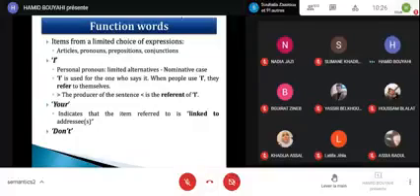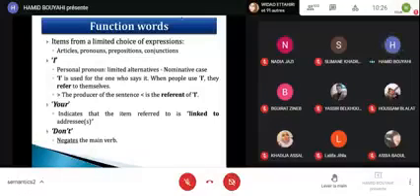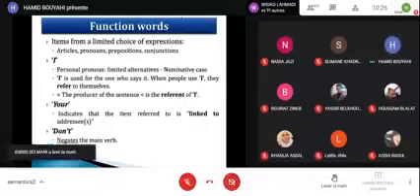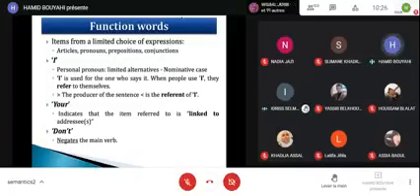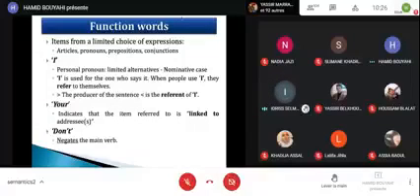Let's see the definition we have. Someone raised their hand. I'm sorry, I didn't see you, Sliman. Idris, do you want to say something? Go ahead. As a definition, we can say that "don't" is a combination of the auxiliary verb "do" plus the negation particle "not." Can you please repeat? Can we say it is a combination of the auxiliary verb "do" plus the negation particle "not"?